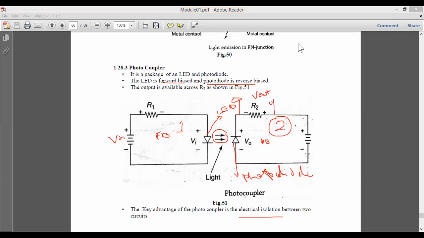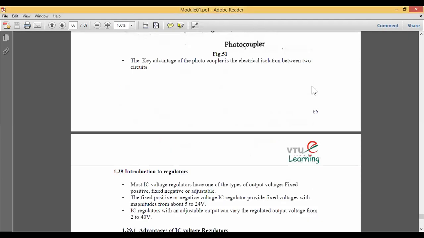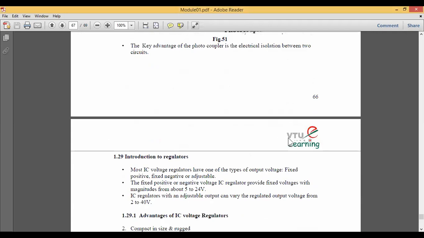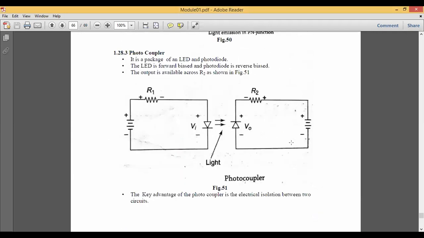Another thing about the photocoupler is that we require both the light as well as the flow of charge. We should also take care in this photocoupler that there should not be any excess voltage provided to the normal diode, or simply the normal LED, because if you cross the input voltage, there is a possibility that your LED will burn.